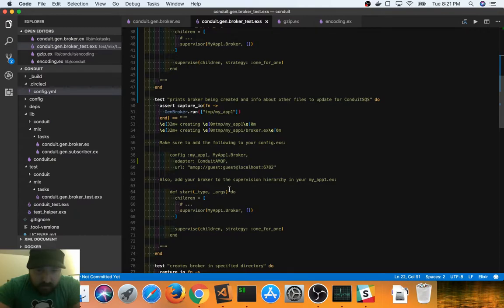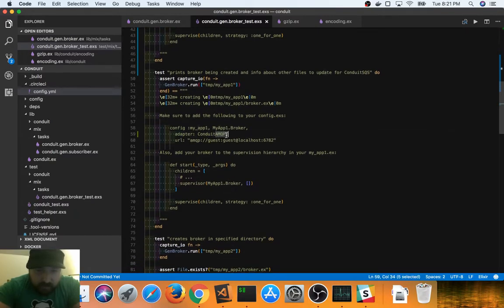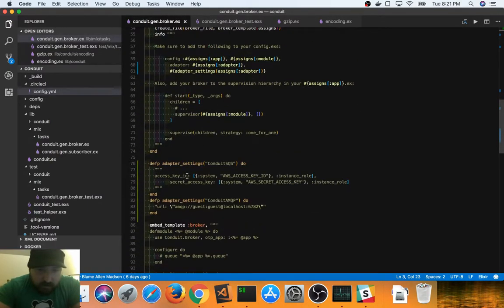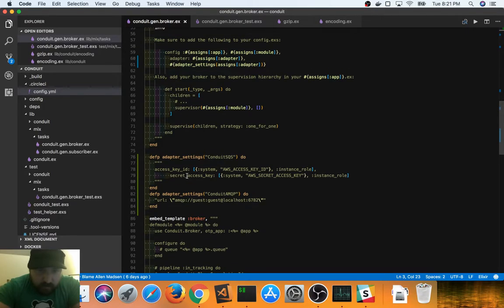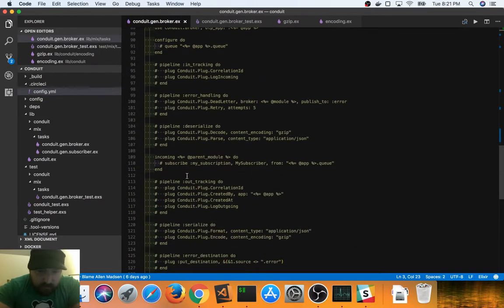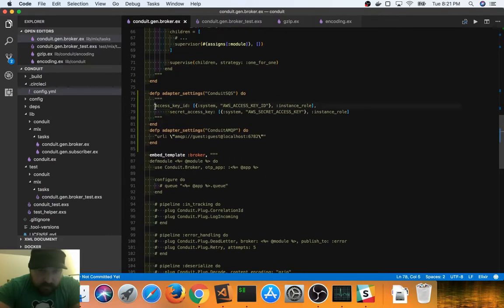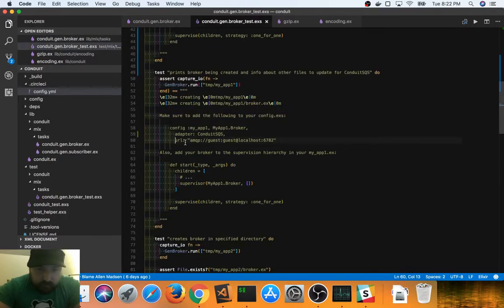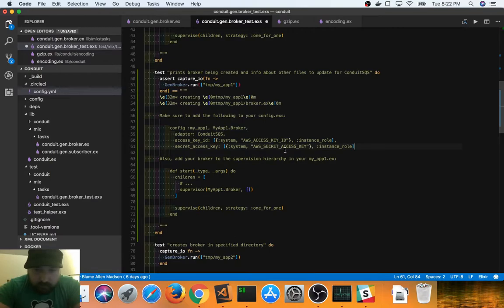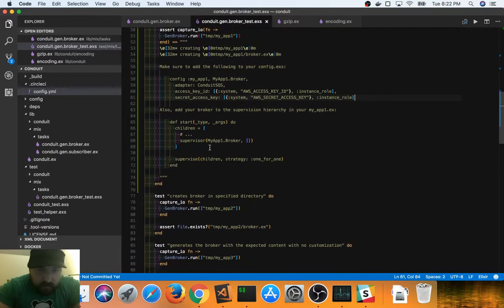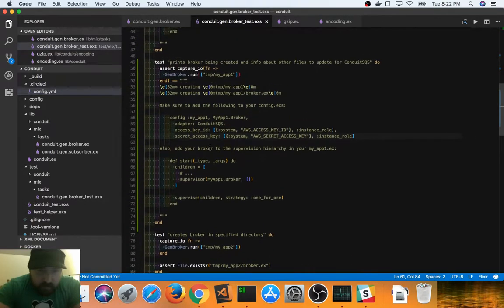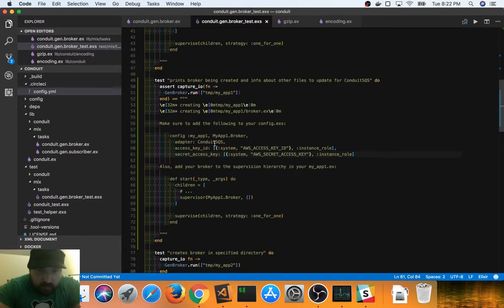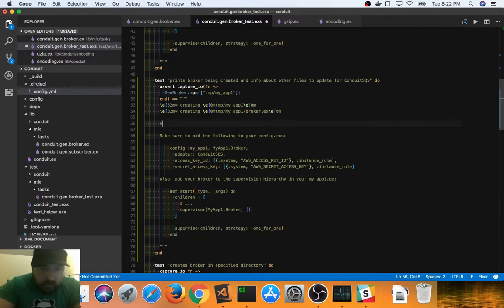So now here, all that's the same except this changes to SQS, and this should look like, where'd it go? Here it is. This. And then here I want to say add